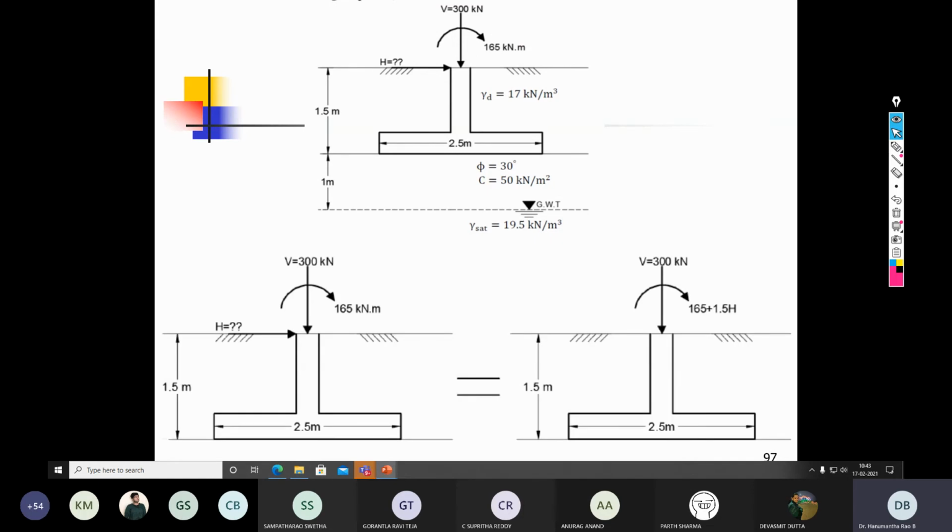So this is the free body diagram. This is the initial given sum: the footing subjected to vertical load, the moment, and the horizontal load. This horizontal load is replaced and attached to the given moment. Once this logic is understood, you can take the data from the previous problem and try to solve for the magnitude of H. Is this clear to everyone?